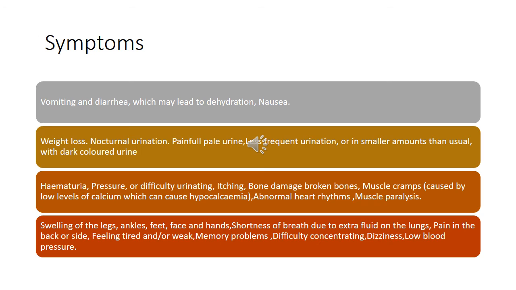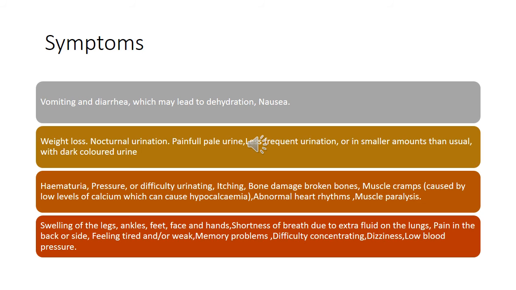Moving on to the symptoms, what it shows at first, the patient has a lower amount of urine output, or oliguria. Other than this, the patient has vomiting and diarrhea, which may lead to dehydration, sometimes nausea, weight loss, then nocturnal urination, that is, while sleeping, urination can occur without any control, and painful urination. And pale urination, less frequent urination or a small amount than usual with dark colored urine, hematuria, then